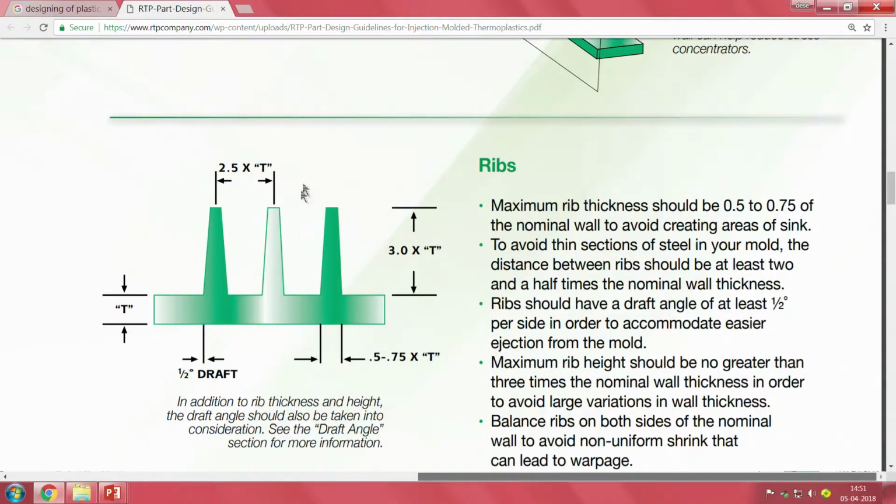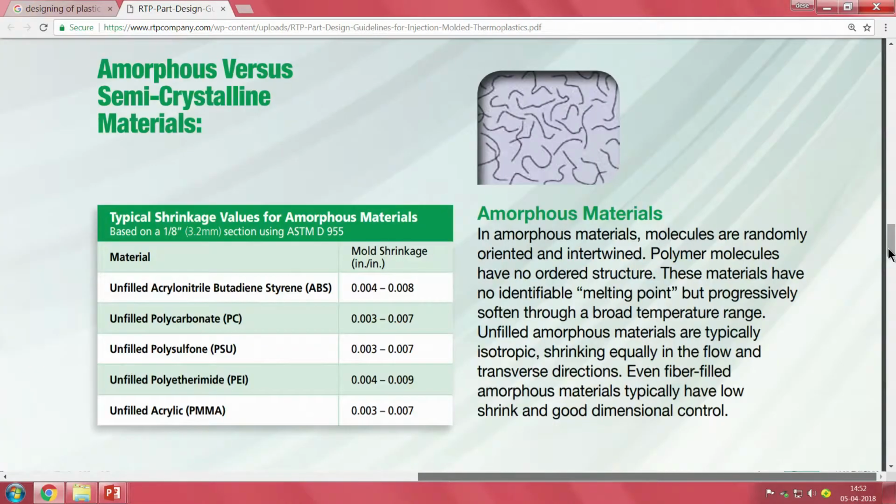So, in case you are planning something should come inside and all that, obviously the fit will not be the same. If it is a tapered part, it fits very easily, but if it is a non-tapered part, it does not fit. So, you have a lot of this data here: a rib should have a draft angle of half a degree, for easier ejection from the mold. We have unfilled polycarbonate and polymethylmethacrylate, then we have ABS, and how these materials behave determines the design a little bit. And you see here they have also given the shrinkage.